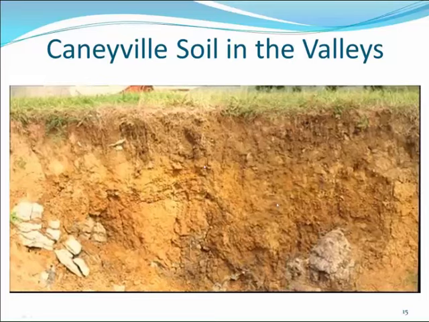Well, this is the Caneyville soil, and it's found in the valley bottoms. And you can see it's deeper to the hard limestone. It does have some fragments of limestone scattered throughout, but for the most part, it's a good silt loam surface with a clay loam to clay subsoil. And the fertility is good because it is forming from limestone. And limestone and dolomite rocks are very, very fertile, completely opposite of the shale and sandstone that's found in the same region. So that's why the valleys are farmed, because they have natural fertility and higher water holding capacity,